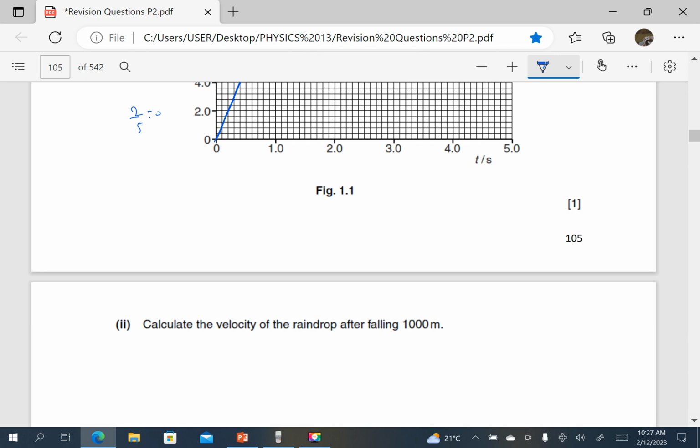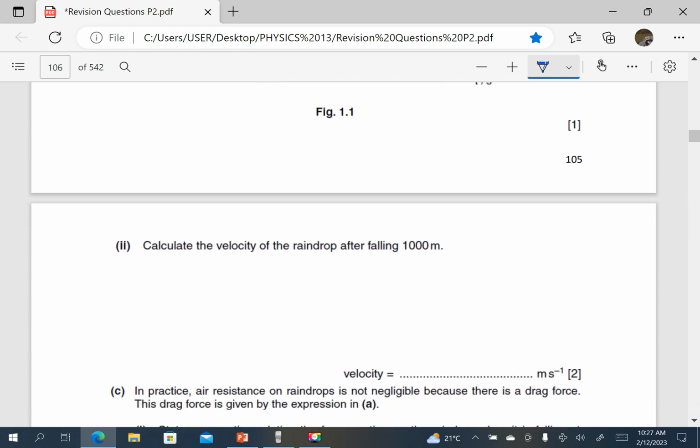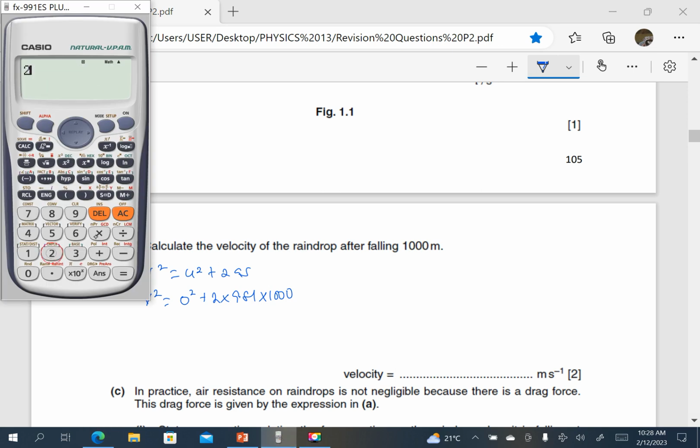After falling 100 meters, of course, we can use equations of motion such as v squared equals u squared plus 2as. It is falling from rest, so the initial velocity is 0. So we shall say that v squared is equal to 0 squared plus 2 times 9.81 times s, it will fall through 1,000 meters. So we have 2 times 9.81 times 1,000,